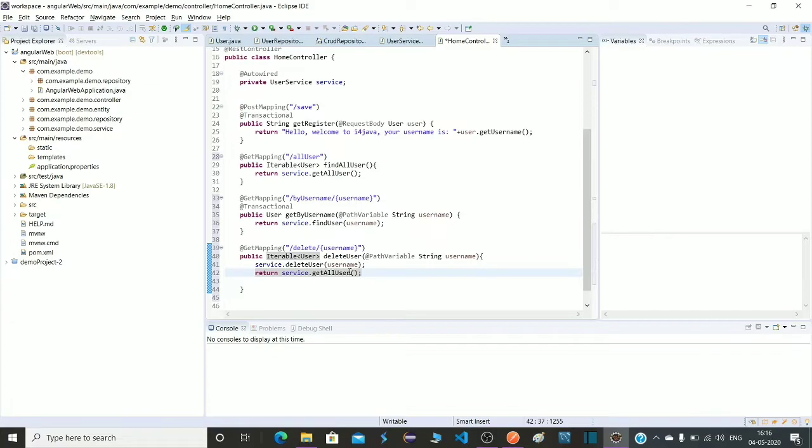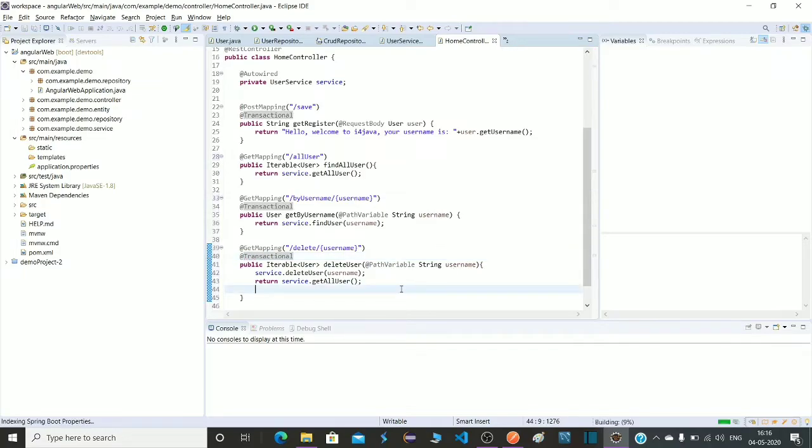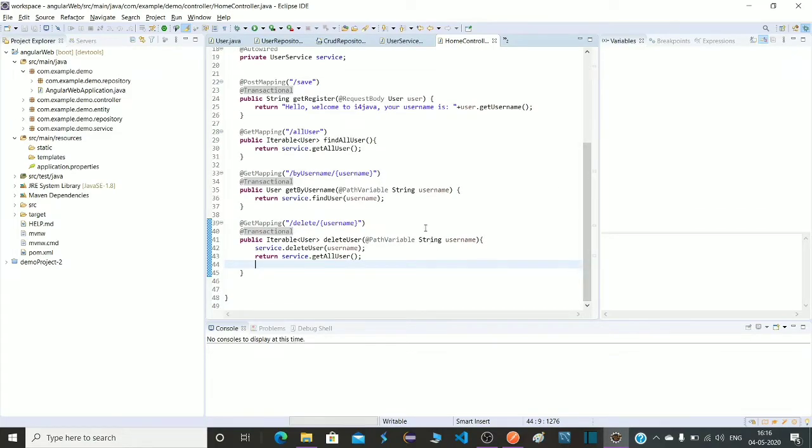Now it is perfect. Here also we need a @Transactional annotation. Let's save it. So from this side we have done it.